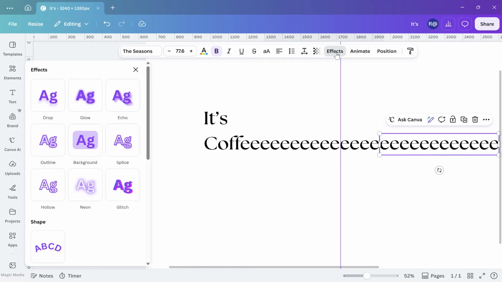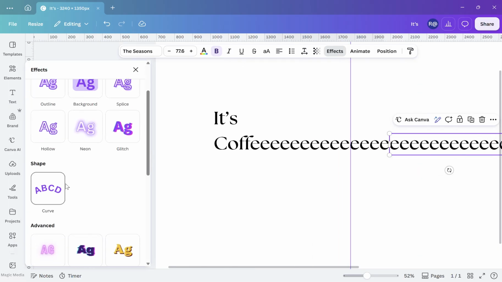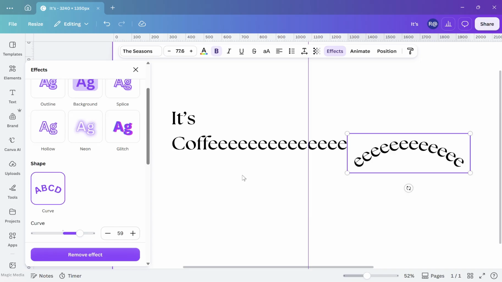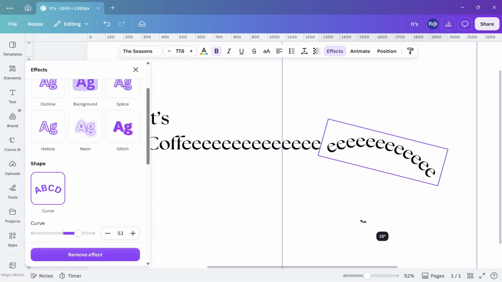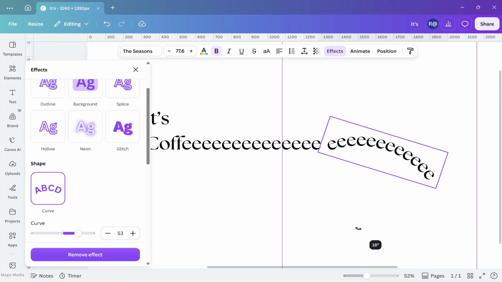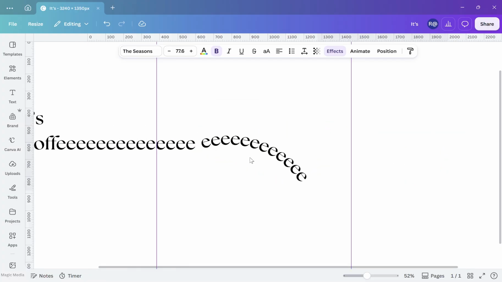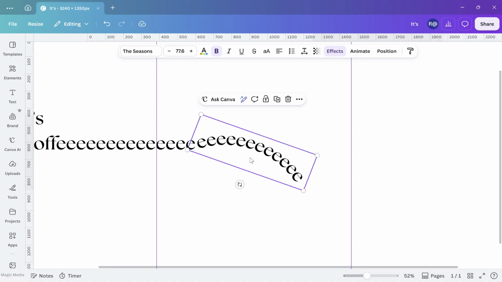So up here in the toolbar, we're going to go to effects and over in the left hand menu down here, we are pressing curve. Now you can see that our text has curved around. Play around with the curve amount until it is just how you want it, and then rotate till it lines up neatly with the line before it. Then we're just going to want to nudge it over a little bit. So here I'm pressing the left arrow on my keyboard to slowly bring the text box over into the right